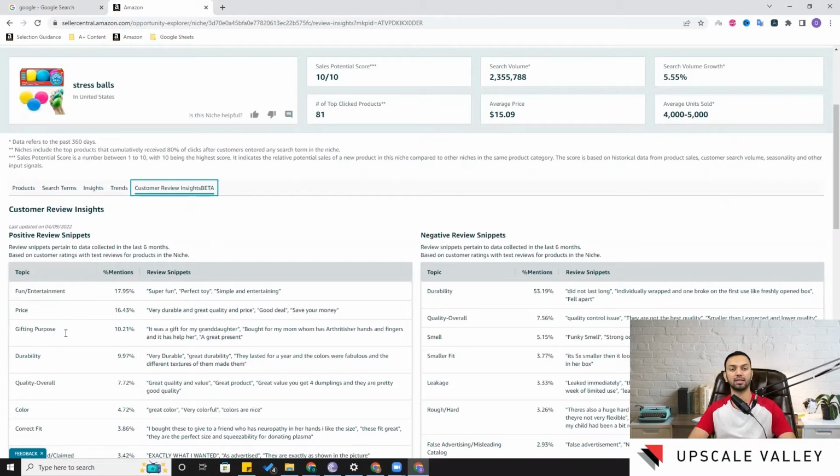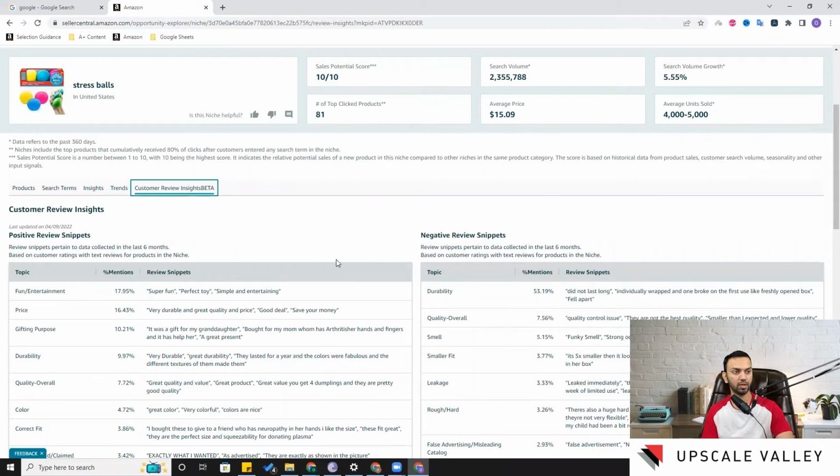Then this is the gifting. There's another usage of this as well. There's something named stocking stuffers, which people use around Christmas. There's a big sock, I would say sock stuffer or stocking stuffer, either of these names. So they have a large sock with gifts in it, and the children play and fetch the gifts out of that large sock. So this is also a micro niche. A toy is also a micro niche for stress balls, along with all these different positive points.